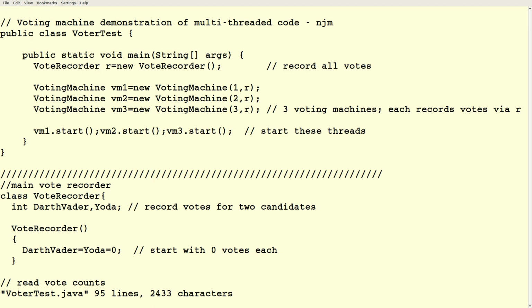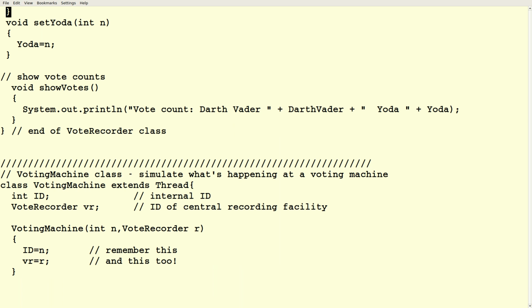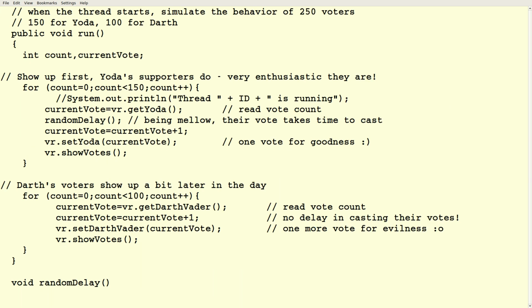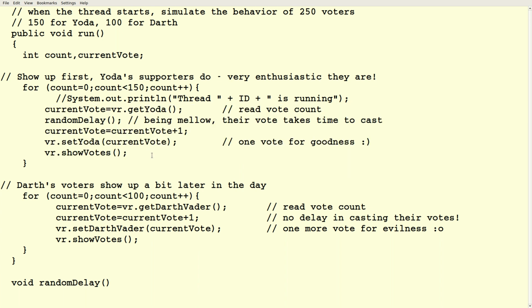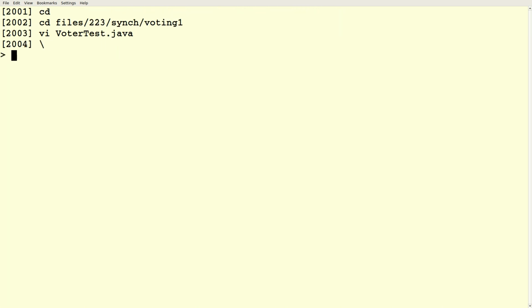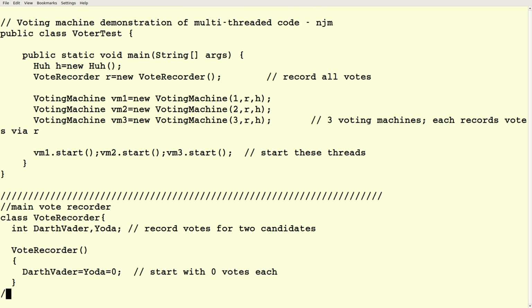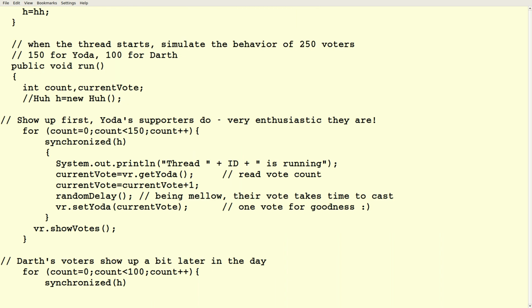So we were doing our voting thing on Friday, and we saw that we could make our votes come out kind of crazy by having this read, modify, write in an uncontrolled way, where two processes might be reading, modifying, and writing at the same time, and one of them could effectively nullify the effect of the other, and that caused unexpected behaviors. And so we have the synchronized keyword.